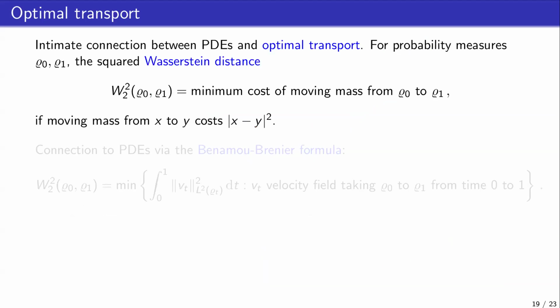Now, okay, we've concluded exponential decay of the energy. Where does that take us? Why is that useful? Before we get to a Poincaré inequality, it turns out that there's something more natural that the PDE tells us about. So we're going to derive that first. And that's an inequality in optimal transport space. So there's a very intimate connection between PDEs and optimal transport. Let me tell you why.